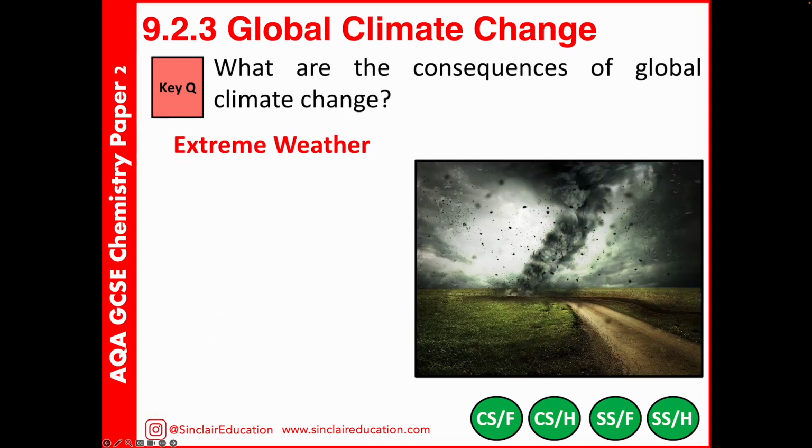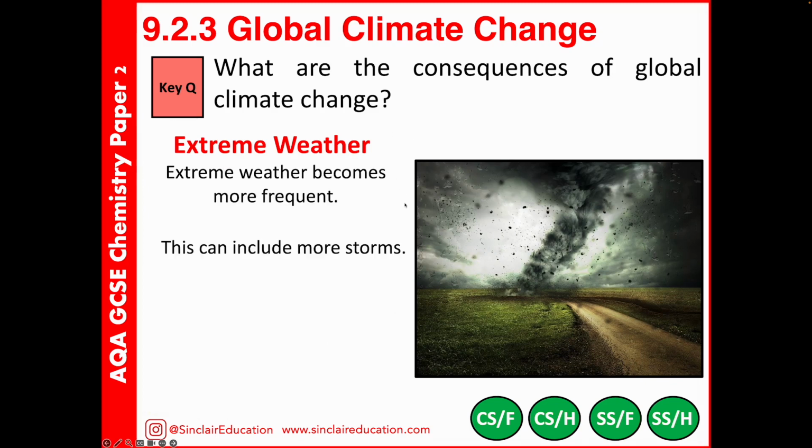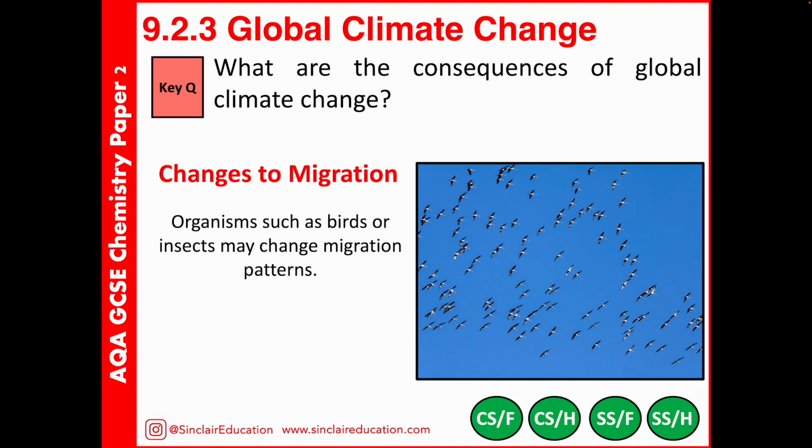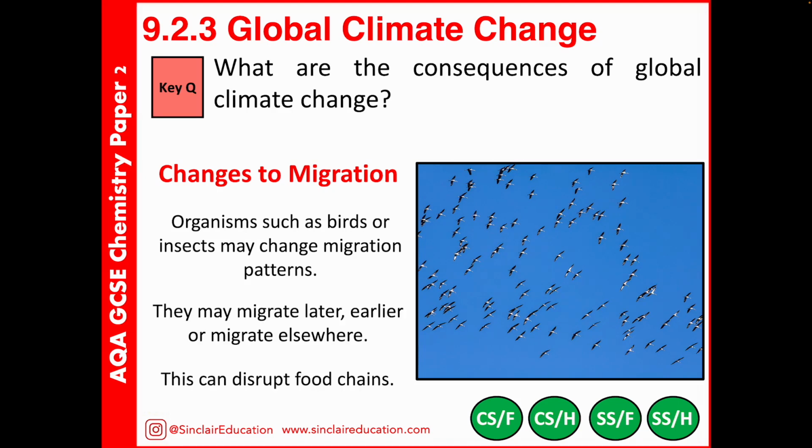The global climate change will also lead to more extreme weather experienced. So storms are going to become more frequent and more dangerous actually. There'll be more frequent cases of flooding, which is going to lead to destruction of habitats in turn. This can have biological consequences. Because weather climates have changed, we're going to find that migration patterns of animals will be affected. Birds may migrate later, if at all. And that's going to affect food chains, but more of a biological aspect for that one.